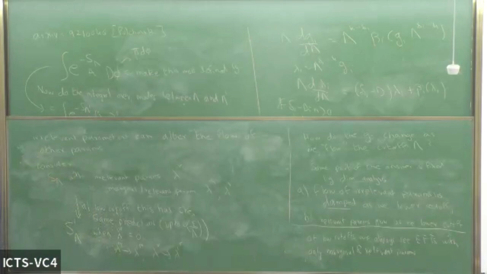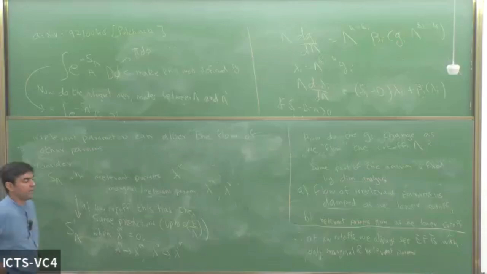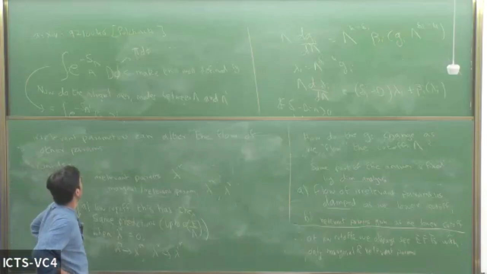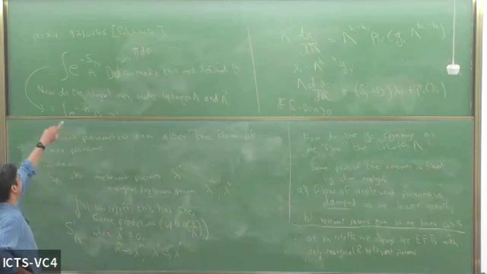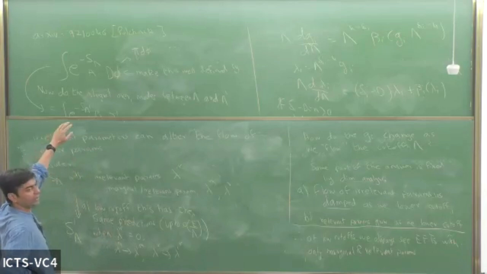Let me remind you once again of this beta function discussion. What we are trying to do on the board is see how g_i flows as we lower the cutoff lambda. Is it constrained by the expectation value of the observable? No, I didn't say that. Here there's no constraint on anything. Here we are just trying to compute an expectation value A.